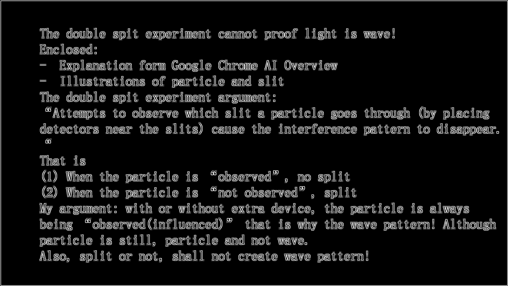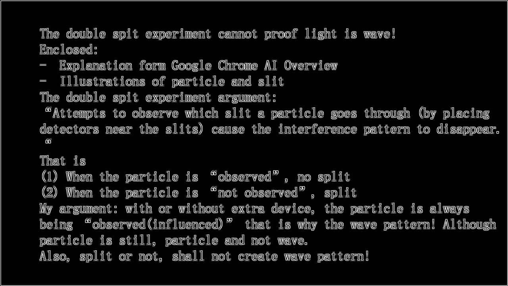The double-slit experiment cannot prove light is wave. Enclosed, explanation from Google Chrome AI Overview. Illustrations of particle and slit. The double-slit experiment argument: attempts to observe which slit a particle goes through by placing